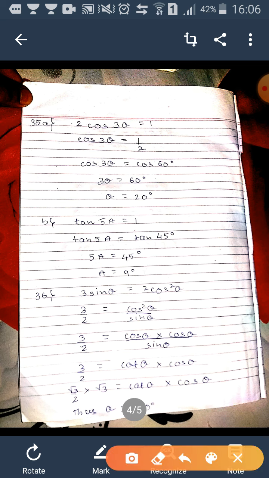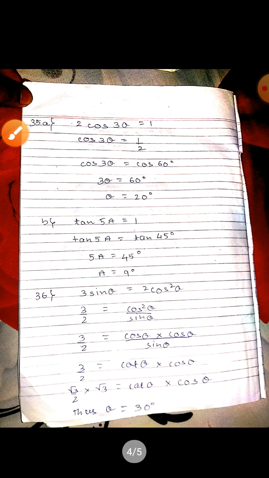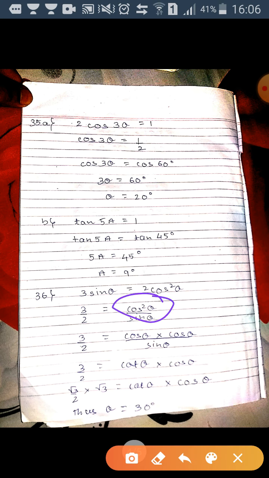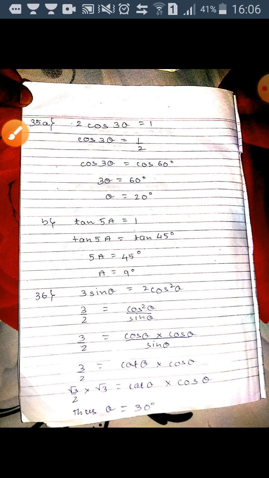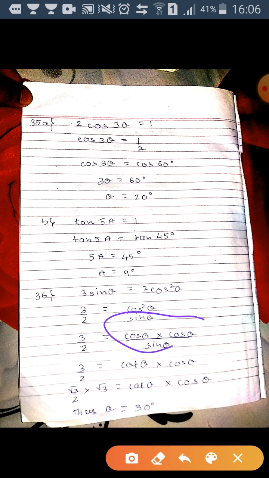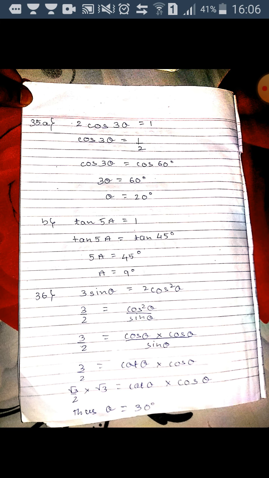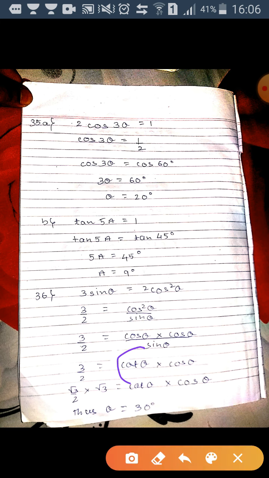So now I have got cos square theta by sin theta on the right hand side. Yes, that I can break down, and this cos square theta I can break down and write it as cos theta into cos theta. Yes or no? Yes. Now what is cos theta by sin theta? Cos theta by sin theta is cot theta, so I wrote it as cot theta. Yes, and here one cos theta still remains. Yes, so I have written cos theta over here.